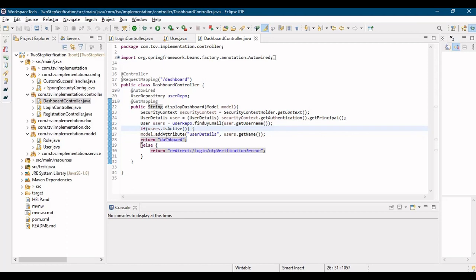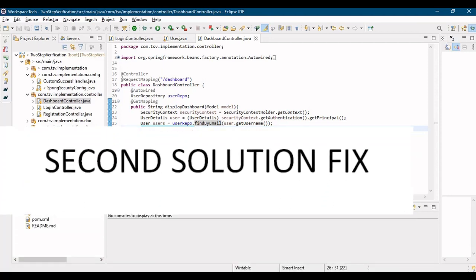And on that fix, there was a comment that if I have around 5 or 6 more controllers in my application, it would get a little tedious to add this if condition in all the controller calls, right? So for that, a proposed solution was to add a filter before all the calls are hit by the application. So the second solution, the fix which we'll be implementing today, is that